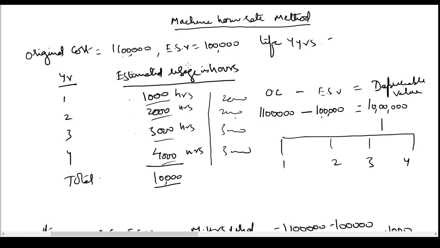So machine hour rate method is generally used for machines whose life is fixed in number of useful hours. I can give you one example. In the case of an aeroplane, the life is fixed in number of flying hours. How many number of hours the aircraft can fly. So let us say the aircraft comes with a life of 10,000 hours. That means 10,000 hours is the amount of time you can fly the aircraft safely. Even after 10,000 hours, the aircraft may exist physically, but we don't know what will happen once it goes into the sky. So 10,000 hours is the life, which is the useful life given in hours.